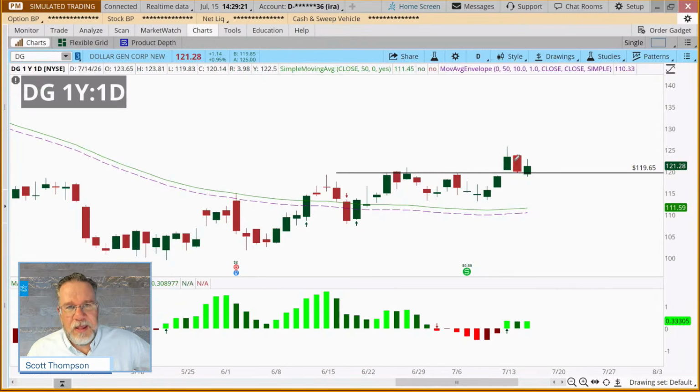And so the way that we know and see that that's happening is after the stock closes above resistance, we'll see the stock come down and test or touch or trade around this area. And then we see what the buyers and sellers do there. Yesterday this came down and almost closed right at that line. And then this morning it actually gapped down a little bit, traded a little bit lower, and then rallied. And so it looks like, again, not guaranteed this will stay this way, but it looks like it's trying to